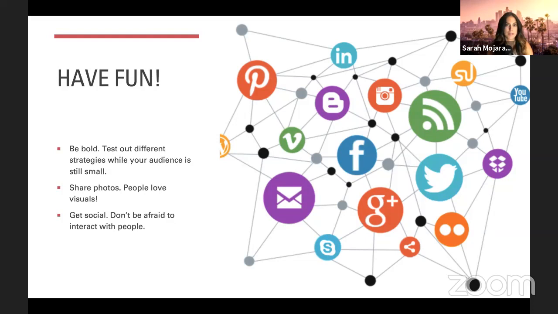You can experiment, and you actually have an advantage over those of us who have a larger platform, because we are at the stage where we can't do the things that you can do now. So figuring out what it is you want to share, how you want to share it, and being authentic to who you are, is really going to be part of the process, and it should be fun.